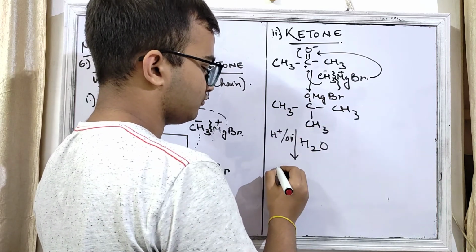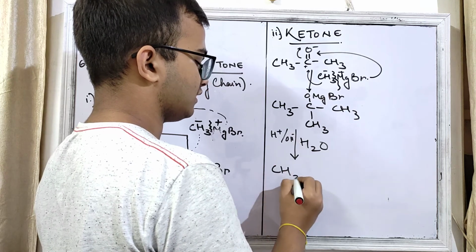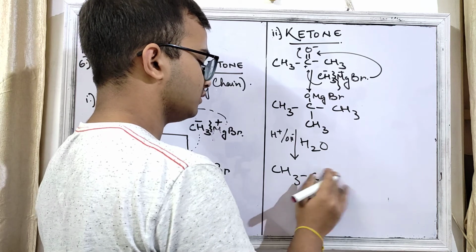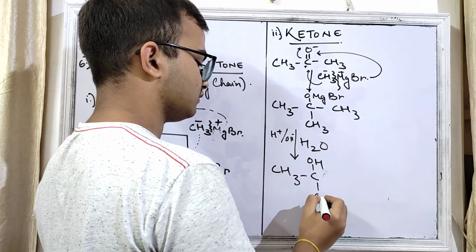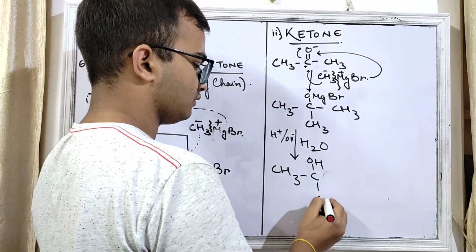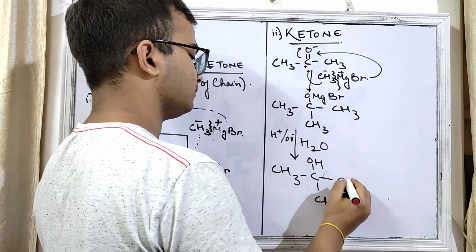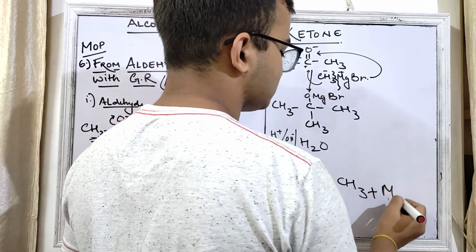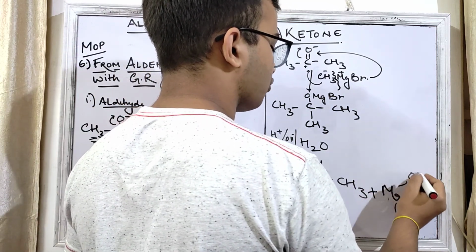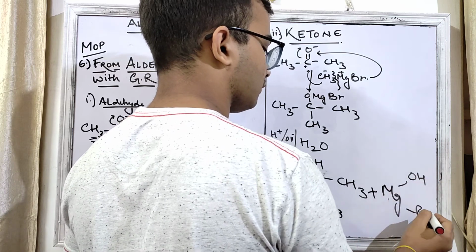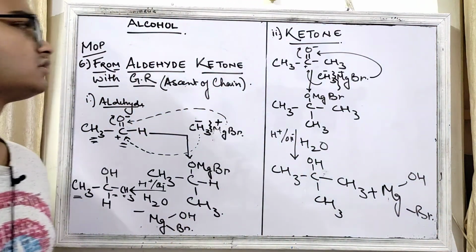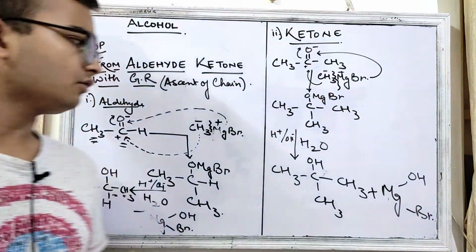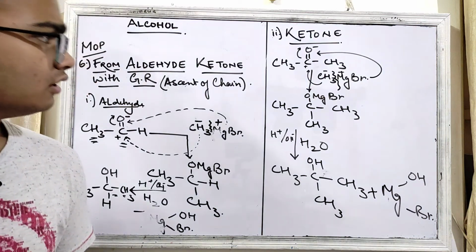this MgOHBr is getting removed. As a result of this, you are getting the alcohol, this will be COH, this will be CH3, and this will be CH3, and the other thing which you are getting is hydroxyl magnesium bromide. Okay, so this was about the preparation of alcohol from the aldehyde or ketone by the use of your Grignard reagent, right? So copy it up to this much.